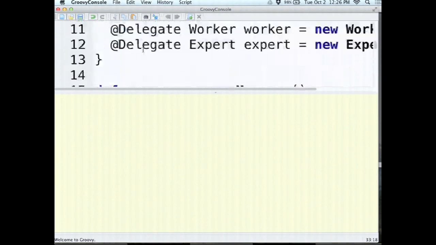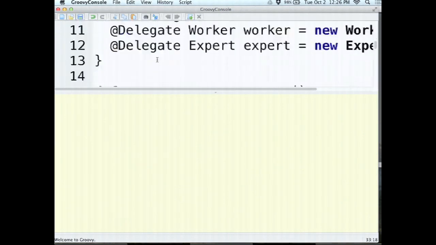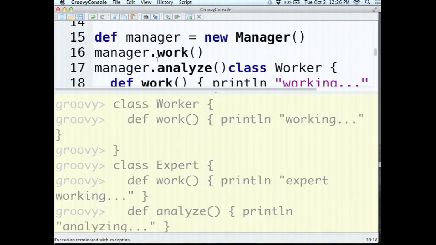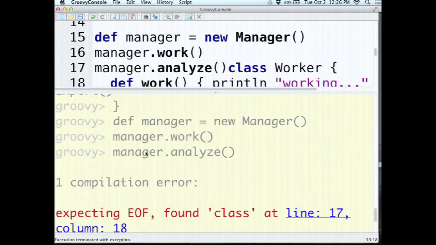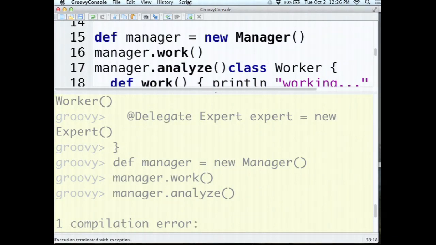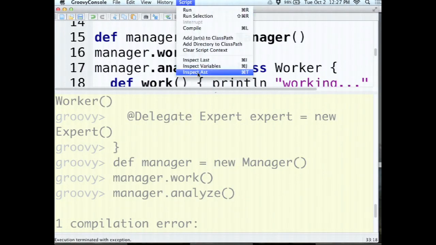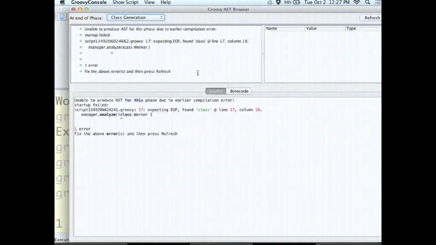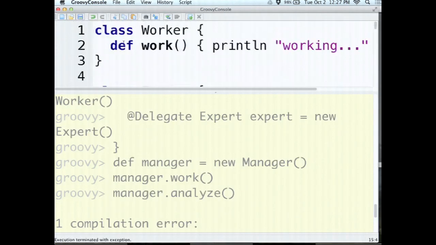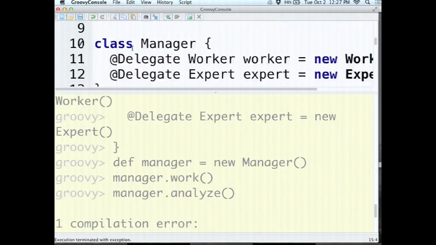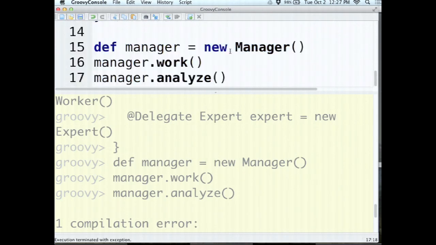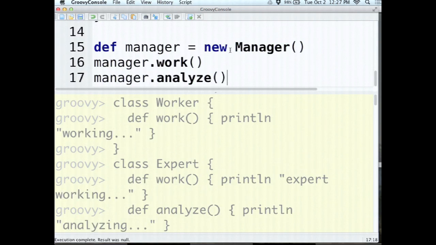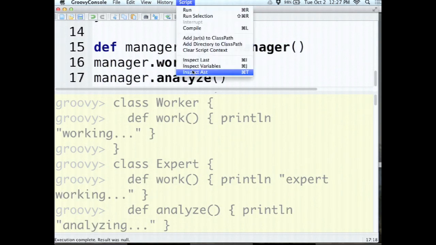So we have this worker and the analyst and manager, all this code sitting here. I run this code and it tells us what the output is and goes through the compilation process. But what you can do here, ignoring that error for a minute, you can look at inspect AST and you can take a look at the abstract syntax tree, if you will. So I know what the problem here was. When it copied, a bunch of things didn't belong in the right place. Let's fix that. So here I have the manager. Right there, let's remove all this part. So there we go, I run this code, and now I go to the inspect AST,